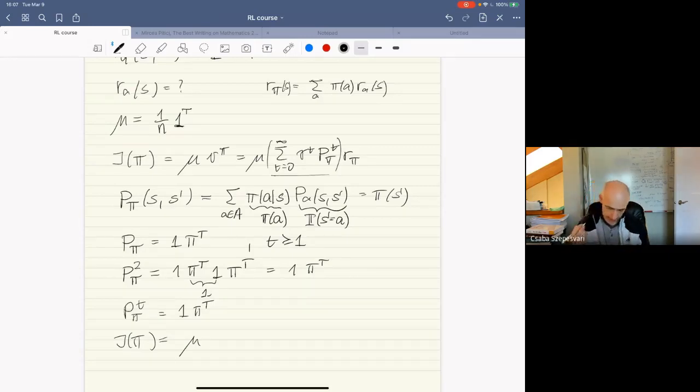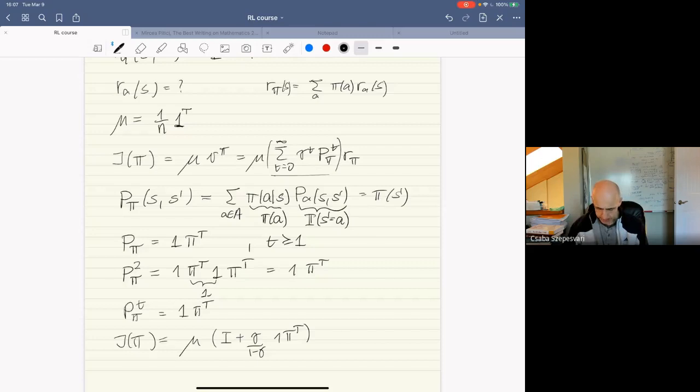We get the identity matrix there. And gamma to the power of 0 is just 1. And then for all of these matrices, we get the same matrix, and then there is this infinite sum of gamma to the power of t, and I already put out the gamma, so it's gamma times 1 over gamma, gamma divided by 1 minus gamma, 1 pi transpose,